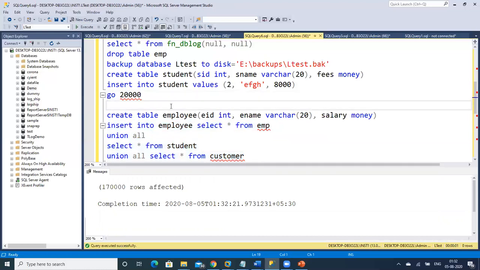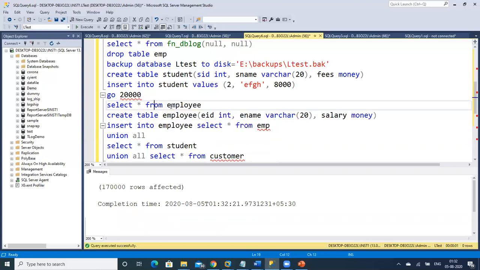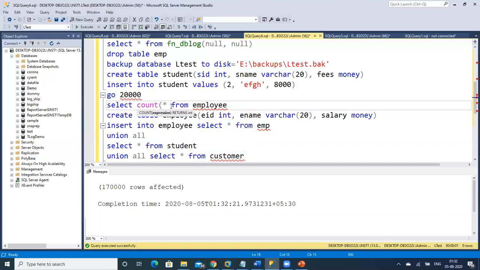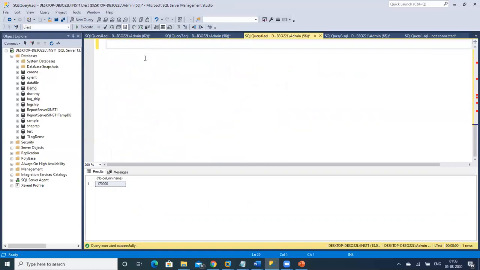If I say now, select star from employee, now select count of star from employee. If I execute this, it will show the count. And now I try to see my log file space. Now if I try to see my log file space,